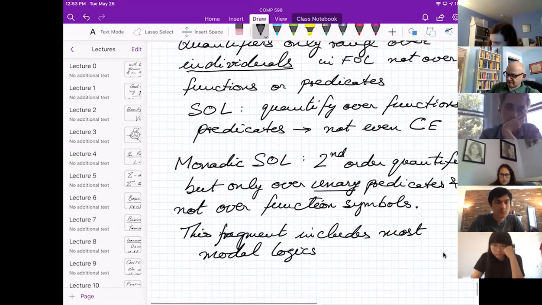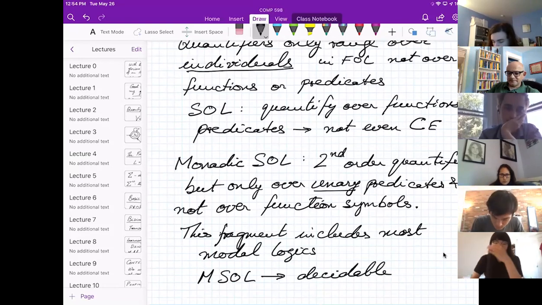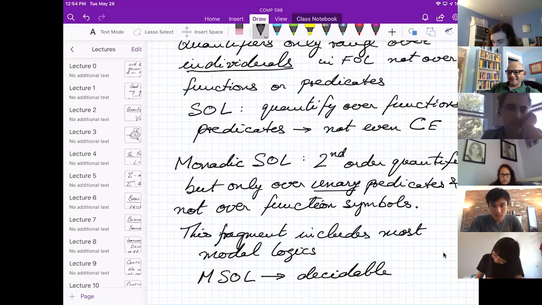And indeed, monadic second order logic is back to being decidable. So this was a shock because people by this time knew that first order logic is undecidable. How the heck can second order logic be decidable? But it was monadic second order logic. So it's not a proper extension of first order logic. It's like the only quantifiers I'm allowing you are these monadic second order quantifiers.